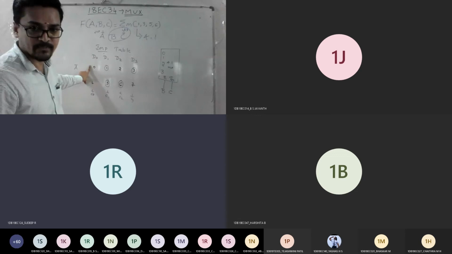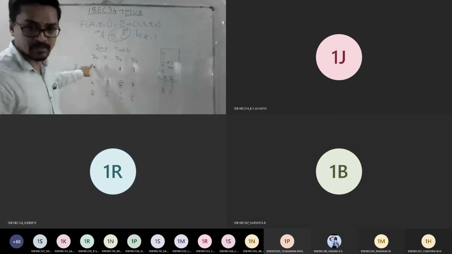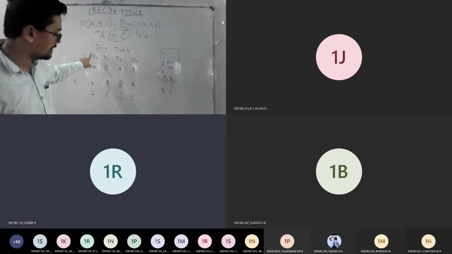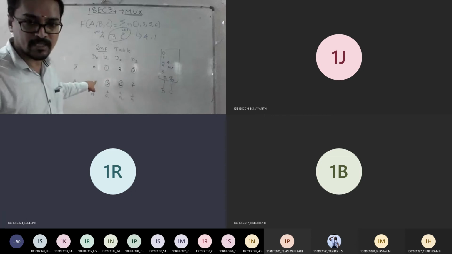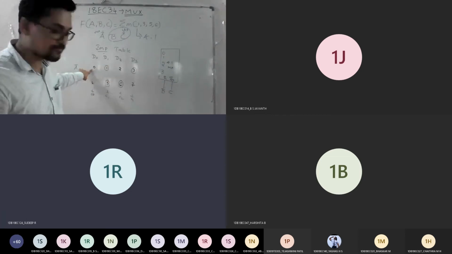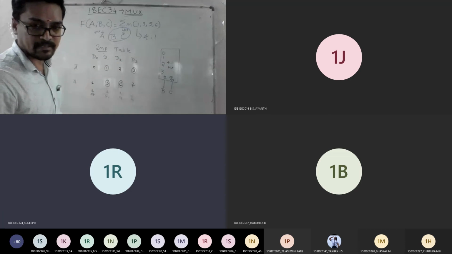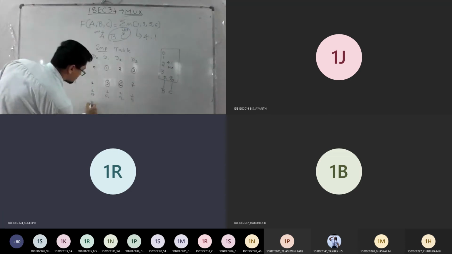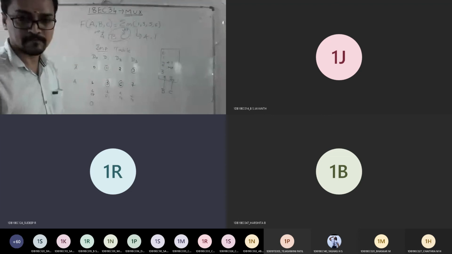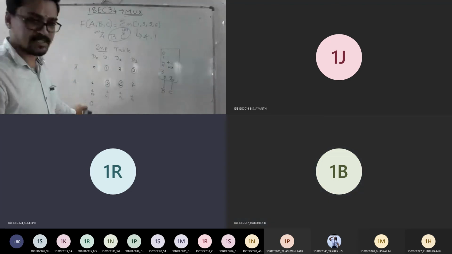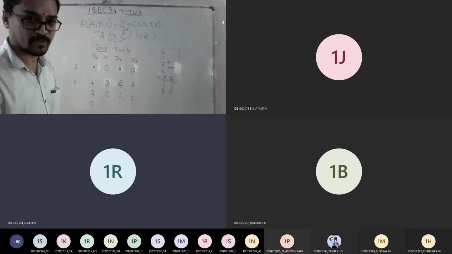In any of the columns, if the numbers given, like 0 and 4 in column 0, are not circled, then that is treated as 0 input. Am I clear? So if it is not circled, just make it 0 input.